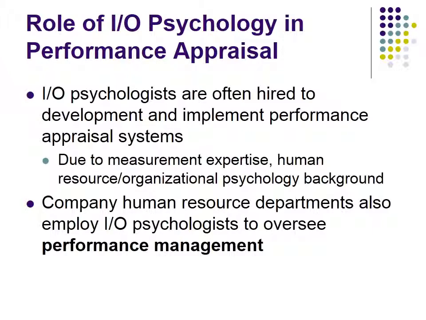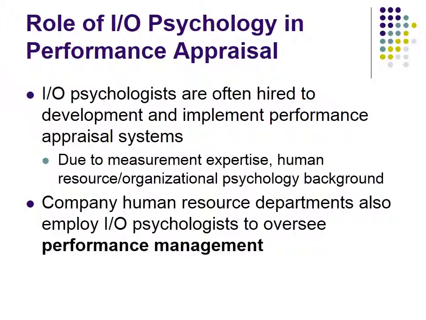Now again, in some jobs, performance can be very objective to measure. If the job is very simplistic and there's a very concrete outcome, you create wallets and you're expected to create 30 wallets with no errors per hour. Well, then performance measurement's pretty easy. You've got two constructs. How many wallets do you make in an hour and how many errors are there in those wallets? But in most jobs, performance is a much more varied construct that's much harder to measure, and that's where IO psychologists really do come to the forefront in this.